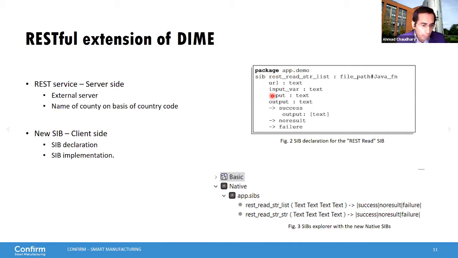The following lines carry the list of inputs and their data types. And finally, the different outputs and the control flow branches are defined, which are called on the basis of the required input. Once these signatures and the attached Java code are validated by the underlying platform, this SIB will be visible as a drag and drop component in this SIB Explorer section, ready to use as a draggable component.